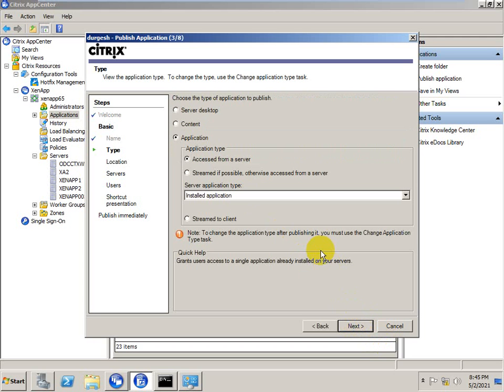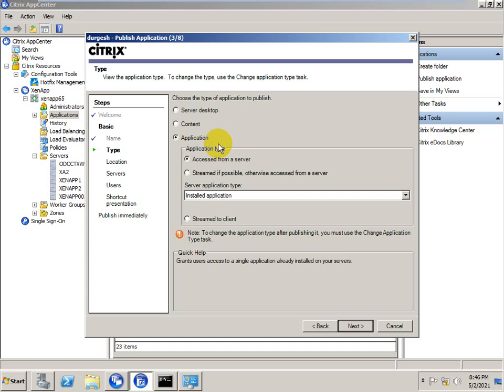Yes, sir. What is the difference between content and application? Sir, server desktop means it provides full rights on the server screen, all access of the server, and content is providing only contents.